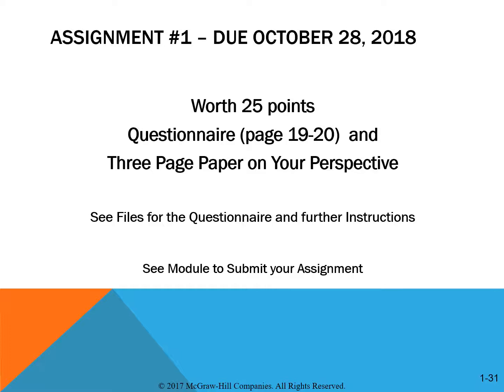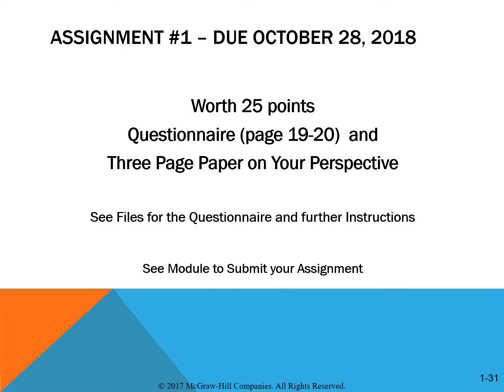Here's a description of assignment number 1, which is due October 28th. It is worth 25 points. There is the questionnaire on pages 18 and 20 in your textbook, so you'll be answering those questions. And in addition to that, write a 3-page paper on your own perspective.